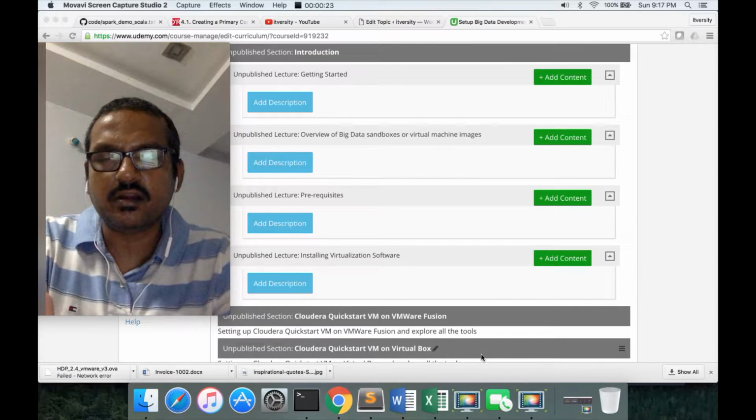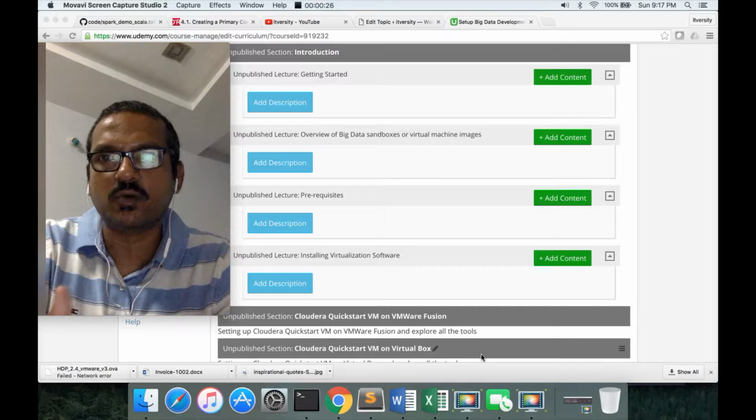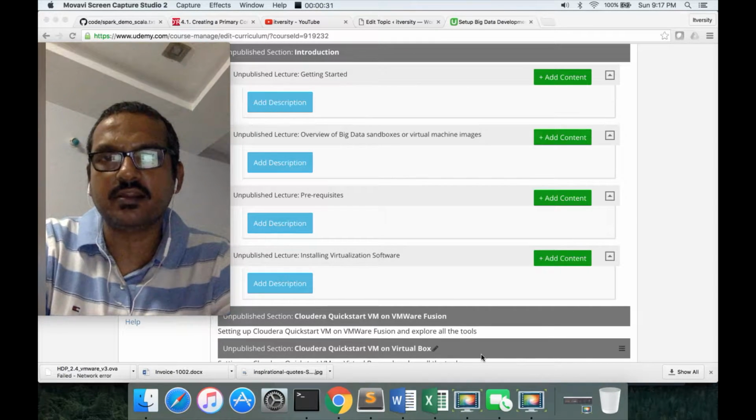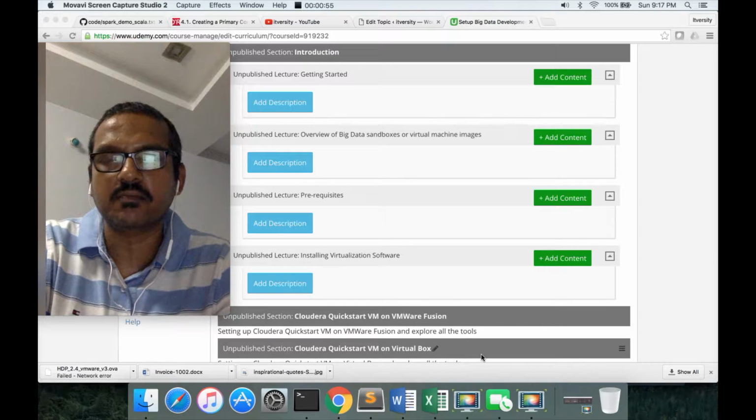Before getting into the details about the big data sandboxes, let's understand different vendors in Hadoop. There are multiple vendors in Hadoop. Examples are Cloudera, Hortonworks, MapR, and many more. But Cloudera and Hortonworks are the most popular ones, then MapR. Each of these vendors tries to distribute the Hadoop ecosystem. So what is the Hadoop ecosystem? The Hadoop ecosystem contains the core components, which are HDFS and YARN plus MR2. HDFS is a distributed file system, and YARN plus MR2 is a distributed computing framework.